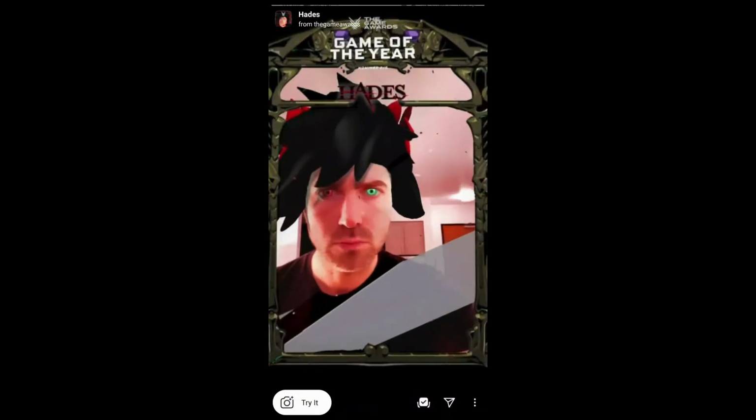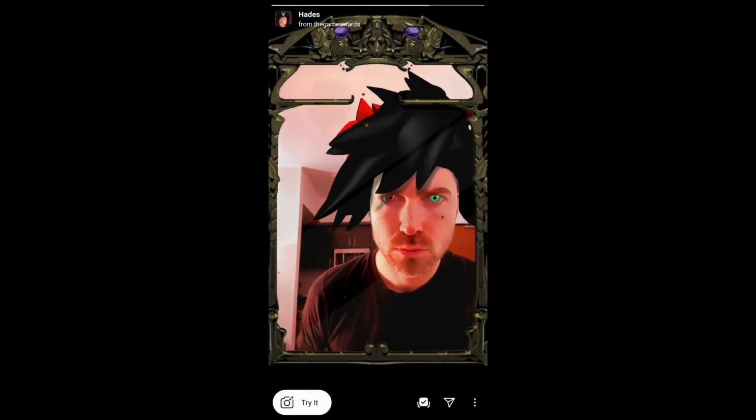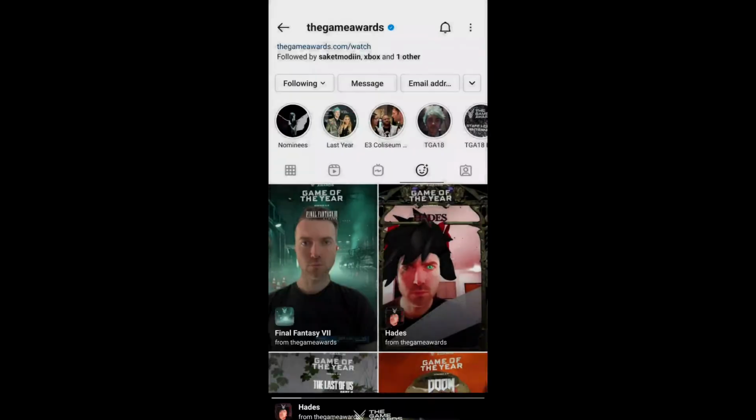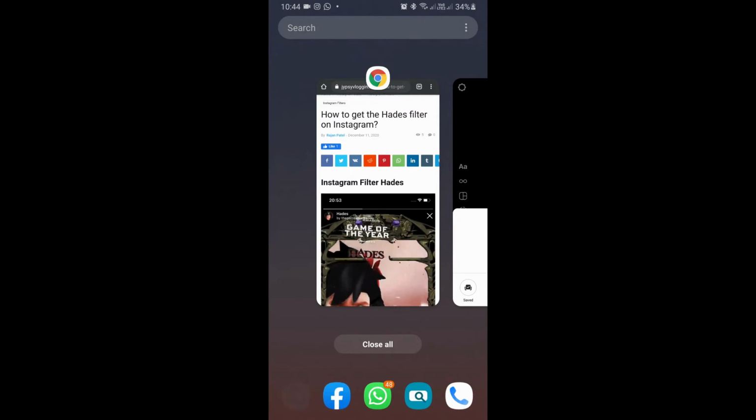Tap on it and you will see this preview. From here you can save it to your Instagram camera tray, and you can tap on try to try the filter. And suppose you are not getting the filter like this, then you can visit this